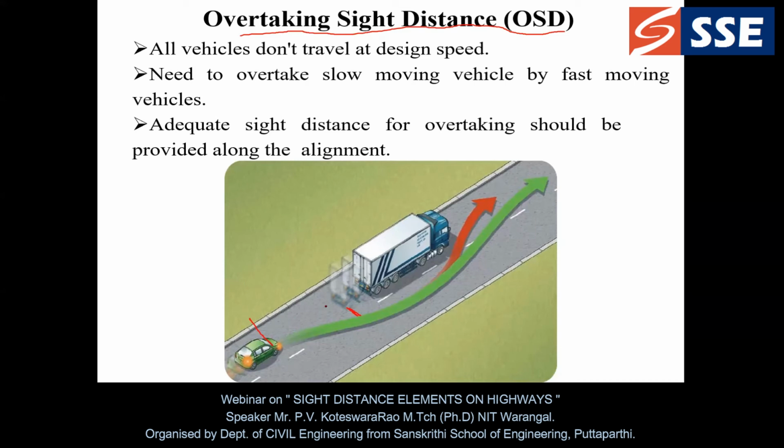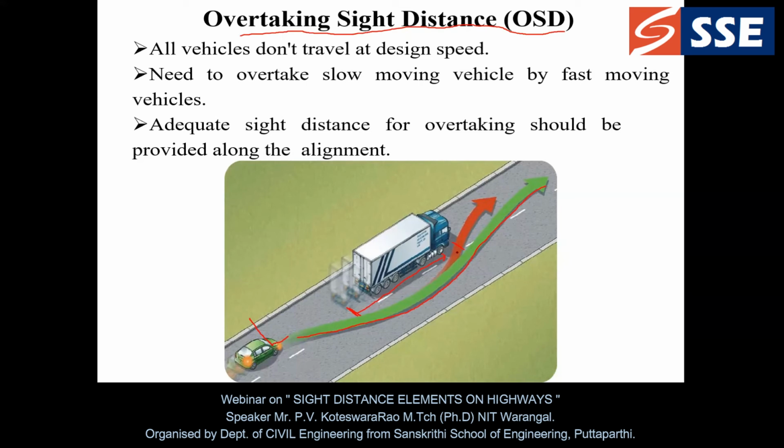Since this is the starting point where I thought to go for overtaking of the vehicle, I am taking the diversion and moving in this direction. If you observe, by the time I started to overtake, the vehicle also started to travel a certain distance. So it has reached up to here. Whenever I am overtaking the vehicle, please observe this one. I can't go immediately like this in this direction.